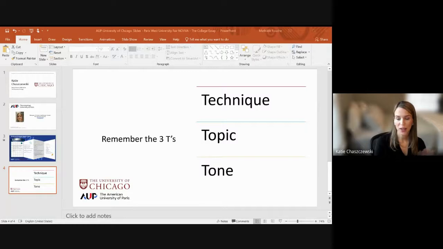At U Chicago, we ask why you're applying to the University of Chicago, but we also ask a prompt that is a little bit more out there, and we ask 5 different prompts every year. The prompts are known to be pretty creative. The point of them is that you're going to be exposed to new ideas when you come to university. Are you going to be able to rise to that challenge? There's no right or wrong answer to these questions, and they're meant to be a little fun.